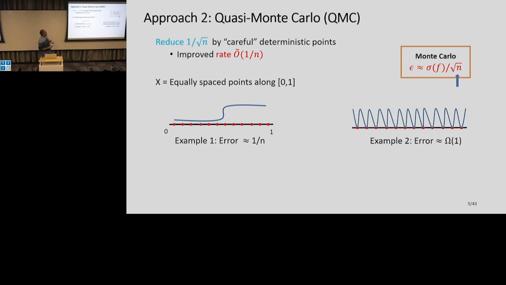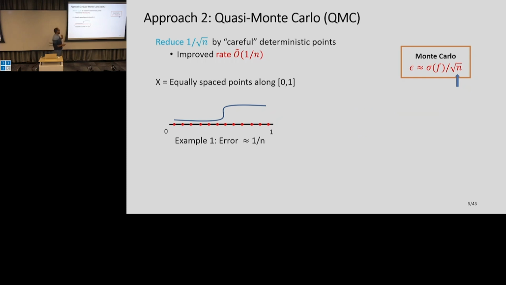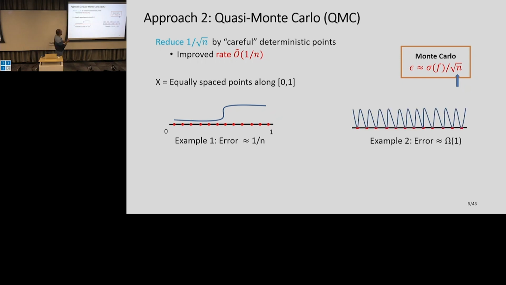Okay, so that makes sense, maybe you can do that. But then if you think about it for a moment, you realize maybe this does not even make sense, right? Suppose I fix a bunch of carefully chosen deterministic points, let's say like this. Then I can always concoct a function which does very badly, because the integral of this function would be like half or whatever on this average. But maybe you're just unlucky and you pick all the sample points at all the wrong points.